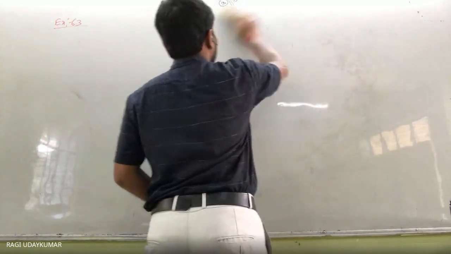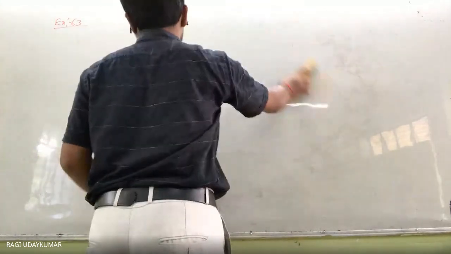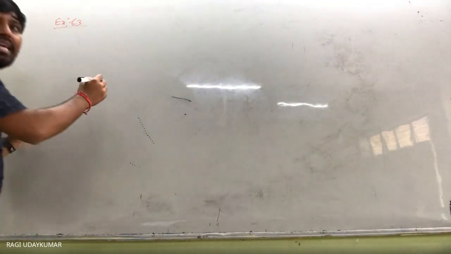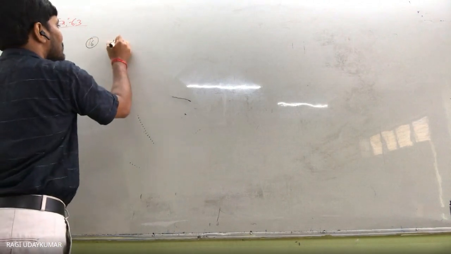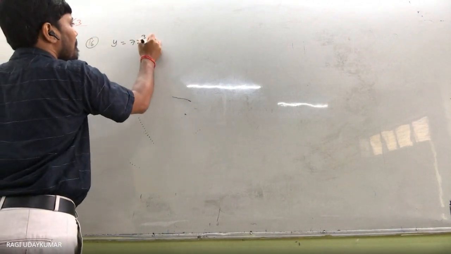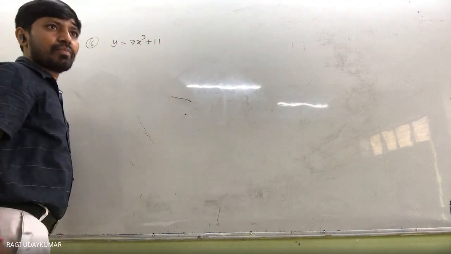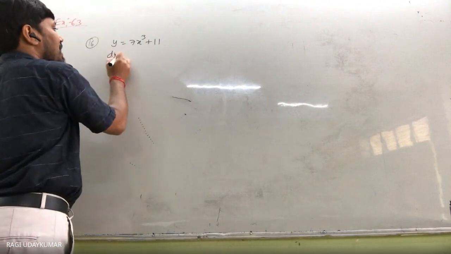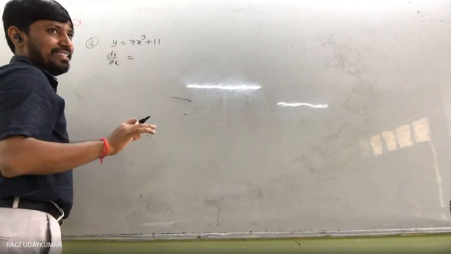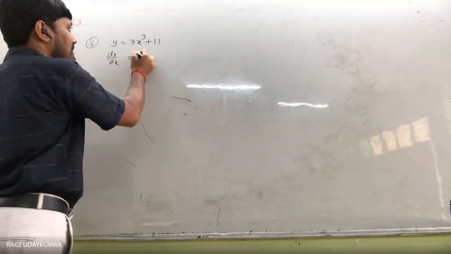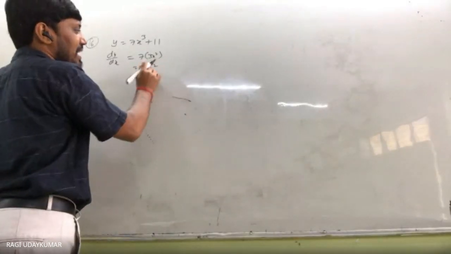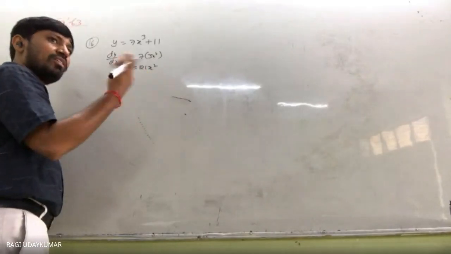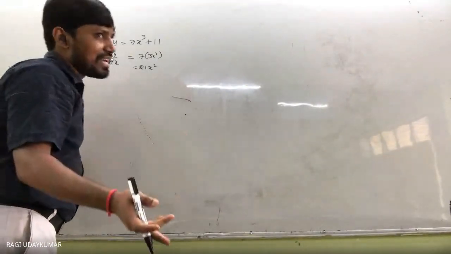वेरी सिंपल क्वेश्चन है. गिवन एक्चुअली वो बिना देख के भी बोल सकते हैं. गिवन क्वेश्चन इज हैविंग द क्यूब. 16th क्वेश्चन में क्या दे दिया? क्यूब दे दिया. y is equals to 7x³ plus 11 दे दिया. whatever it may be, dy by dx स्क्वायर में आएगा. स्क्वायर में आएगा ना. 7 into 3x², that is nothing but 21x². x का प्लेस में 2 सब्स्टिट्यूट करो, -2 सब्स्टिट्यूट करो, सेम आंसर आ जाएगा.